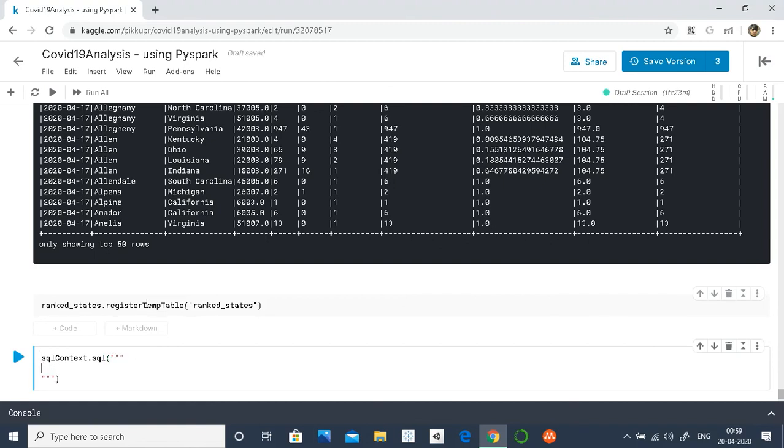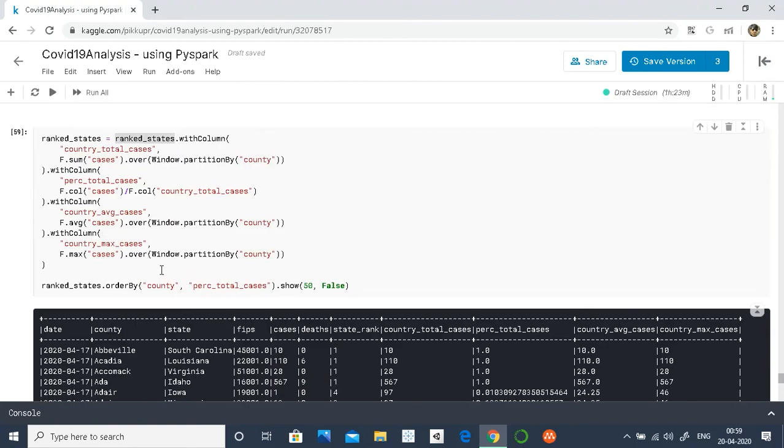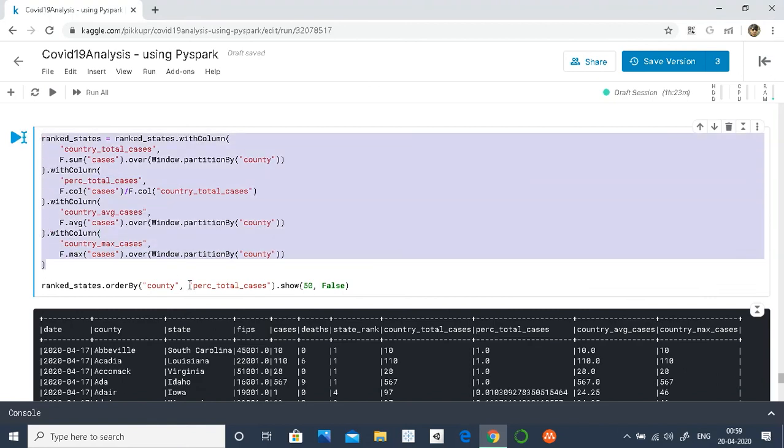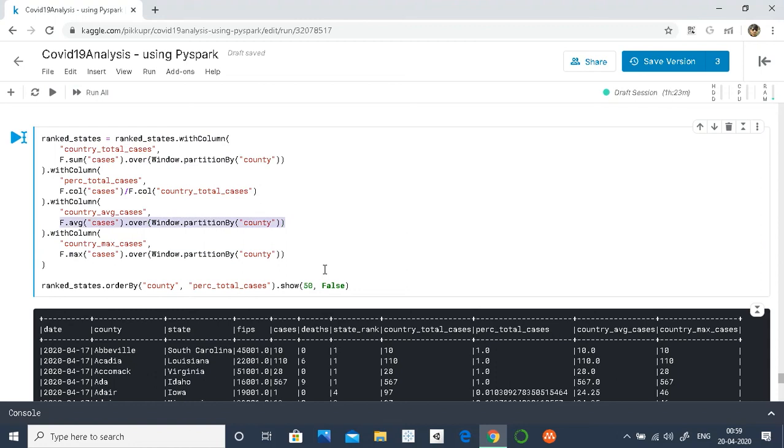Though specifically for window functions, I find it easier to use the native PySpark function, and it is more maintainable also. For any developer, it is easy to read.